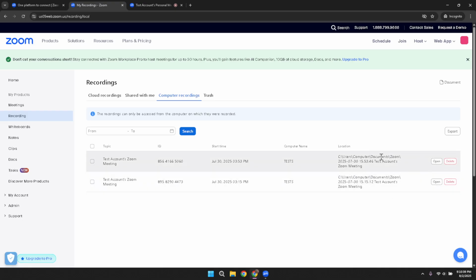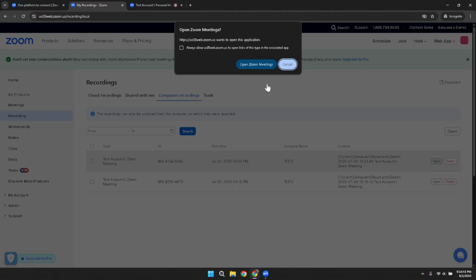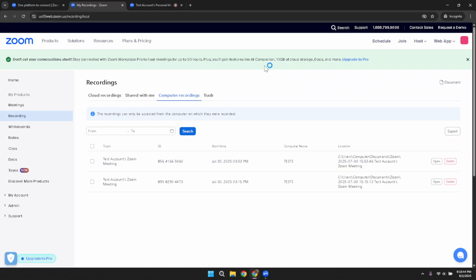After locating the relevant transcript, you'll have the option to open the file location on your computer. Hover over the recording entry you are interested in, and you'll see an Open button appear. Click on this, and your File Explorer will open, directing you to the exact location where your recording and its transcript are stored. From here, you can easily open the file, read through the transcript, or share it with others